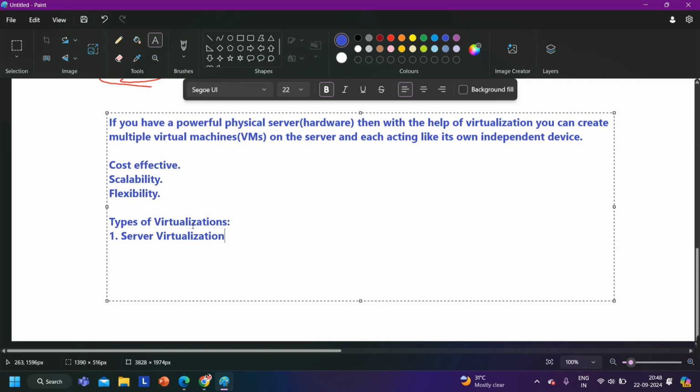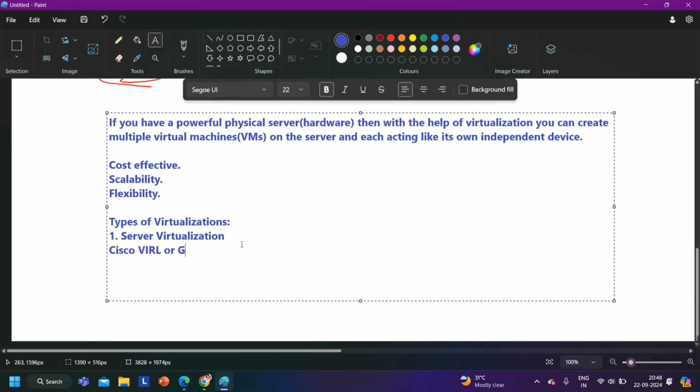That type of virtualization is known as server virtualization. Like we can run multiple routers on a server, we can install multiple switches on a server. So whenever you are installing operating systems on the server in virtualization, it is known as server virtualization,